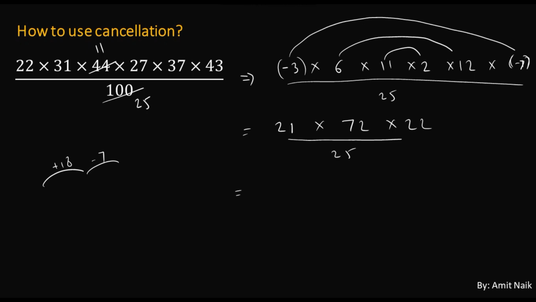Then 21 by 25, the remainder is minus 4, right? And then 72 by 25, the remainder is going to be positive 23. I'll go for the negative instead, which is minus 3. Then 22 by 25 is going to be positive 22, so I'll go for negative, minus 3. So divide by 25. Now minus 4 into minus 3 is plus 12, and 12 into minus 3 is minus 36. So minus 36 divided by 25.